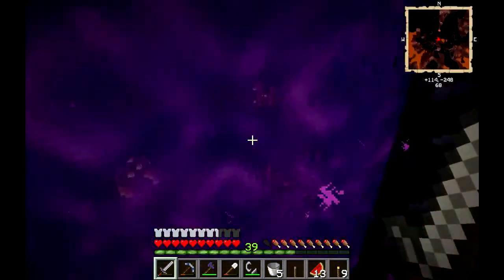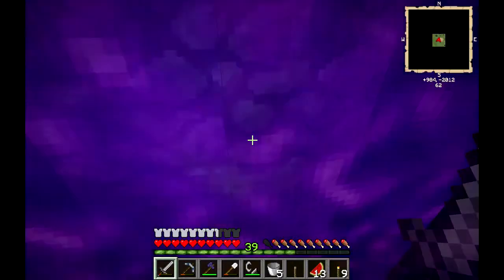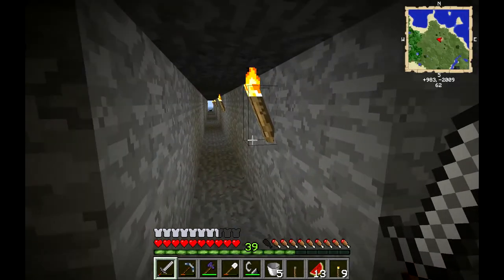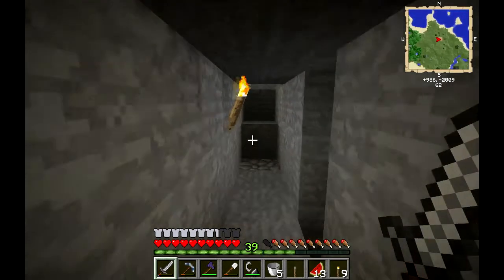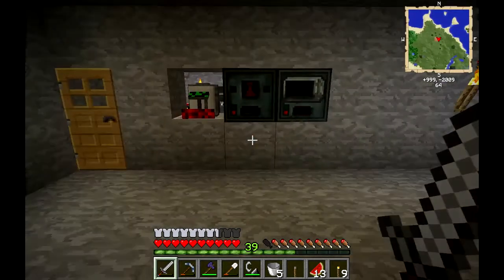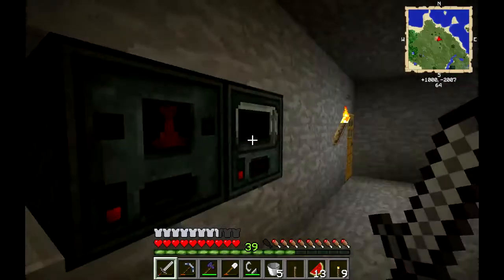Nah. Well, let's see. I just noticed on my mini-map that it maps out the nether. Now, I'm used to using Ray's mini-map, and it doesn't map out the nether, or if there is a setting to do so, I don't know it. So, what I'm going to do is I'm going to go